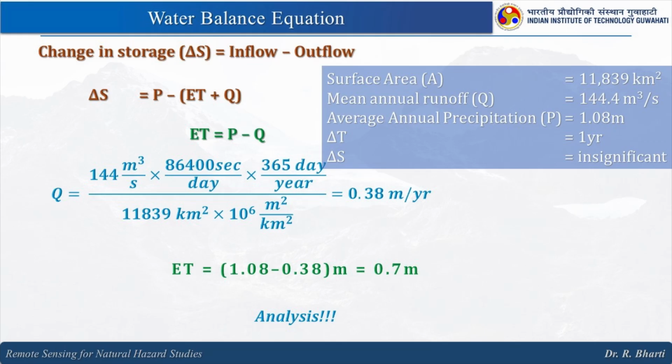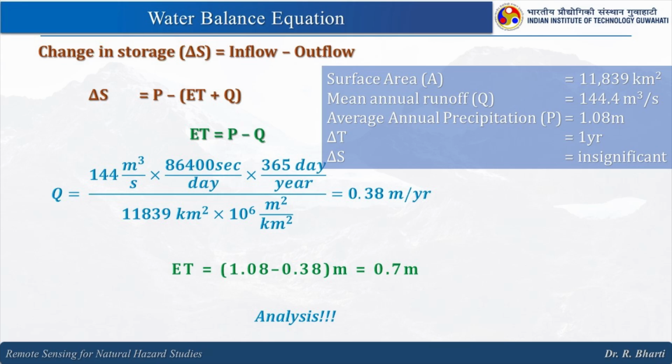So let us start with the basic form of this equation. The delta S is equal to inflow minus outflow, and the inflow is your precipitation, that is given here, right, and the ET that we need to calculate. So ET plus Q, both are outflow, right. So here the ET is unknown but Q is known. So ET is equal to P minus Q because delta S is insignificant. Now this Q we can change to this form, and the Q you can calculate like this, and then ET will become